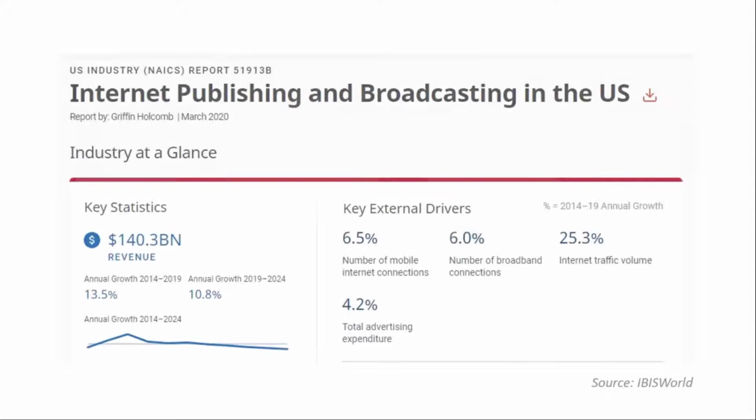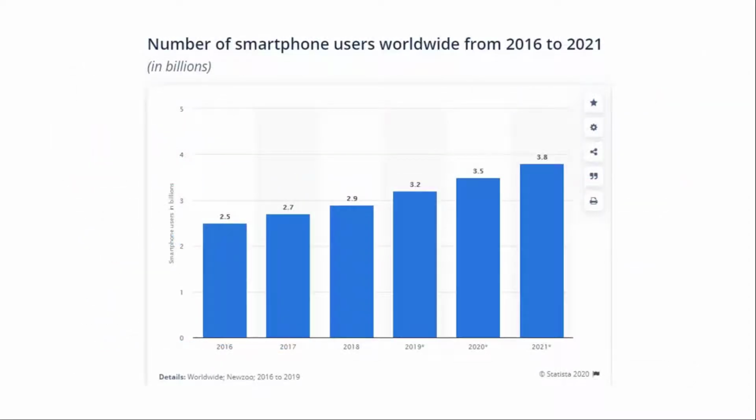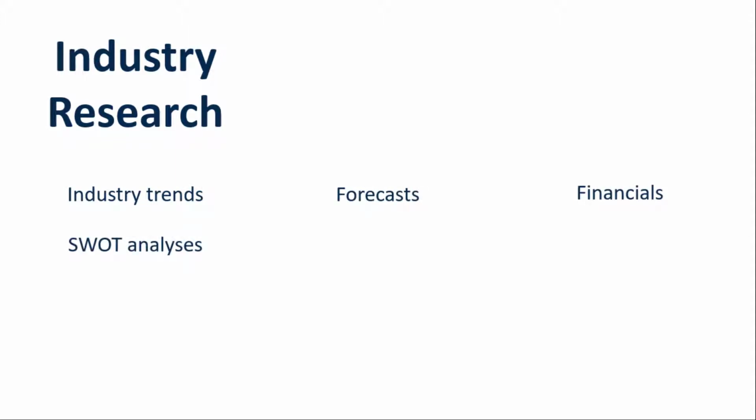You may need to gather data and statistics while doing your research. This information may help you to place your claims in a wider context, or it might provide figures to illustrate a specific detail. What kinds of data, statistics, and analysis are included in industry research? Industry trends, forecasts, financials, SWOT analyses, which stand for strengths, weaknesses, opportunities, and threats, indicators, market size and share, company-specific